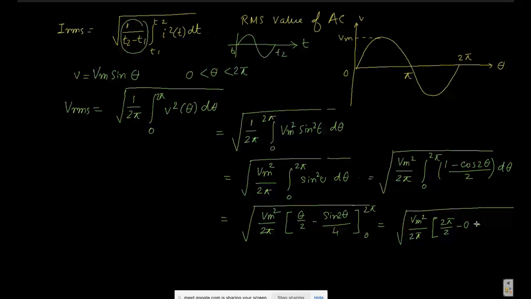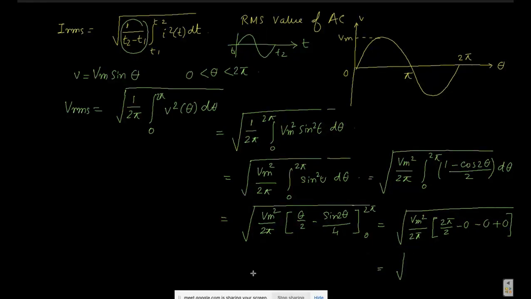Again sin 2 into 2 pi, that is sin 4 pi by 4, which means sin pi, sin 180, is 0, minus sin 0, which is plus 0. Did you understand what we did? First put theta as 2 pi in theta by 2, minus the value at 0, which is 0. Again sin 4 pi by 4 is sin 180, which is 0, and sin 0 by 4 is obviously 0. So it becomes